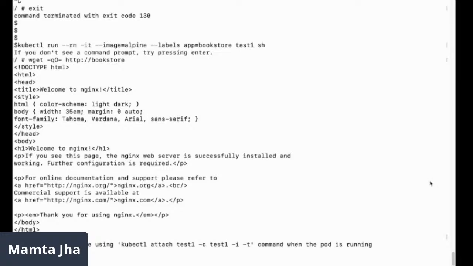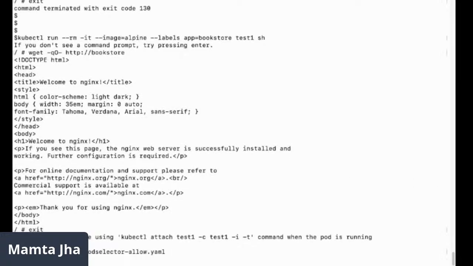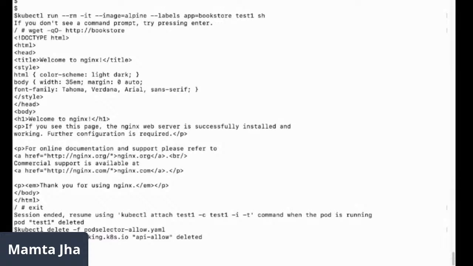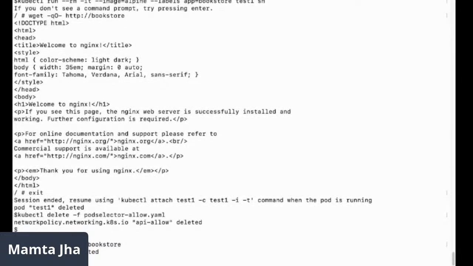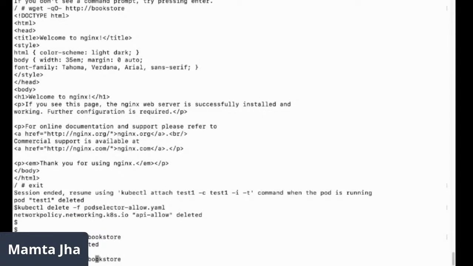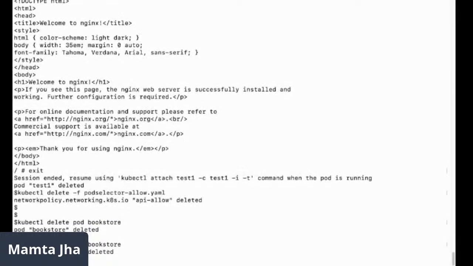We would complicate the stuff slowly. I'll go ahead and delete the resources which I have created. I'm deleting the network policy. I'll go ahead and delete the pod bookstore, and I'll delete the service as well. I'm doing this intentionally because when I list them, I would have multiple of them getting listed. That would confuse us. So I'm just keeping the ones which are there in the present scenario. Nothing specific. We know that the policies are additive. That's the reason it's not that if you have this policy, anything would harm.